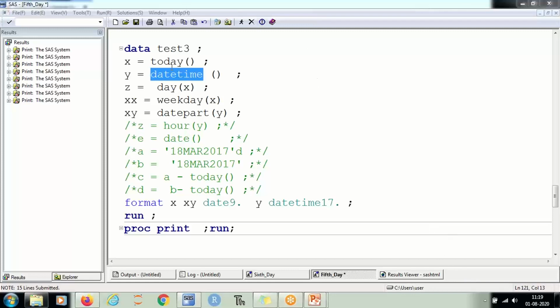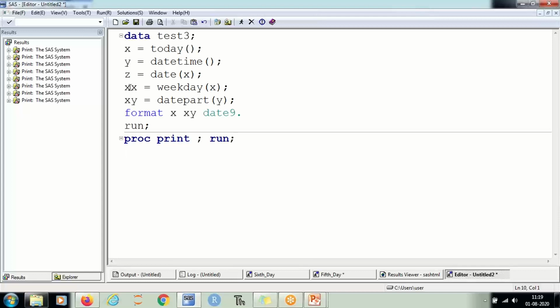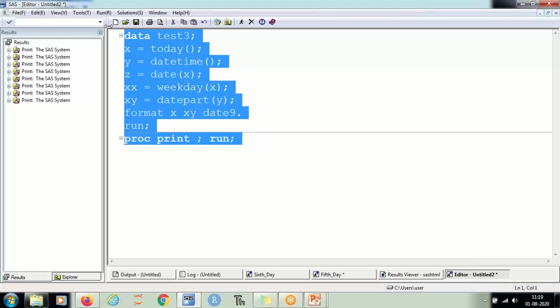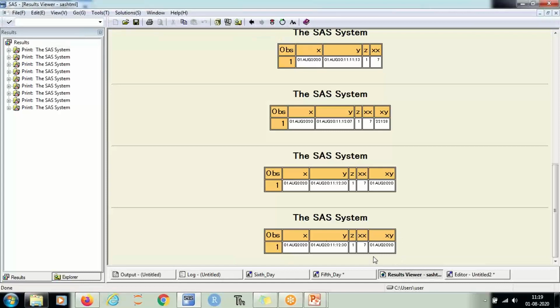So Hitesh, I have copied the code which you have written and let me open a new window. It's working absolutely fine. Can you check it again?